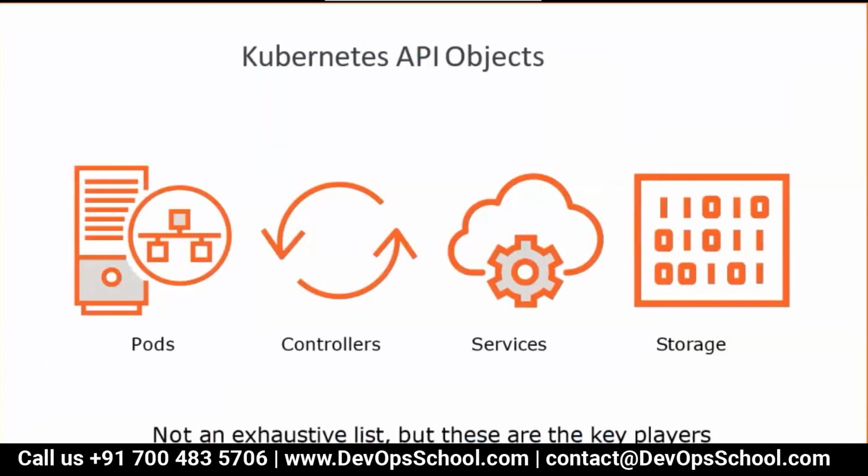Do you want pod? I'll get you done. Do you want controllers? I'll get you done. Do you want services? Do you want storage? Do you want security? Do you want authorization? Do you want authentication? Do you want this? Do you want that? You just learn what you want and I'll get you that. So these are your session. As part of the Kubernetes session, once the cluster is set up, you need to know what you want and you put it in YAML and send it to the API server and then forget about it.